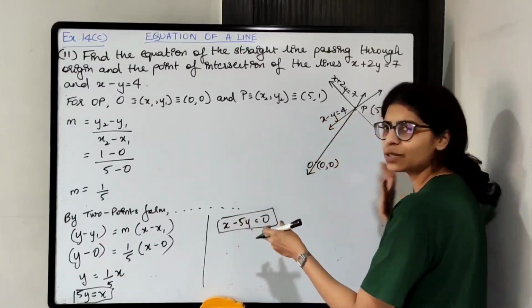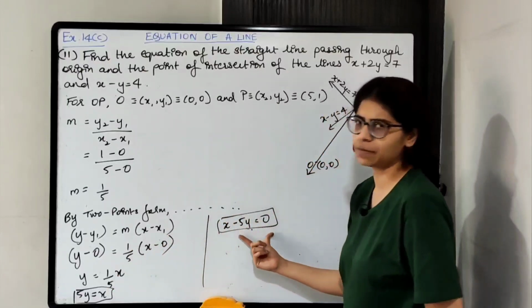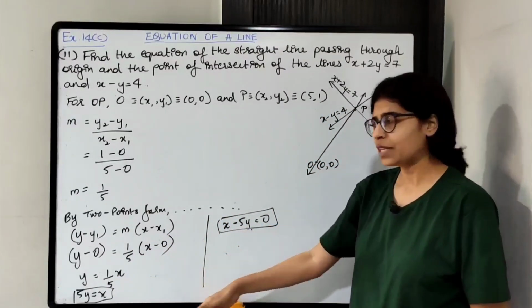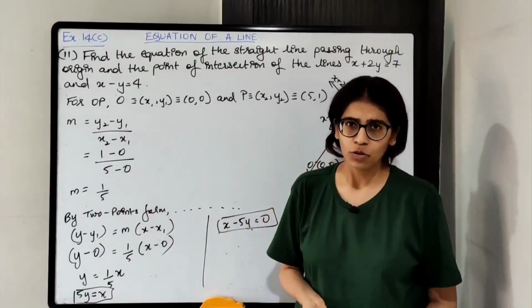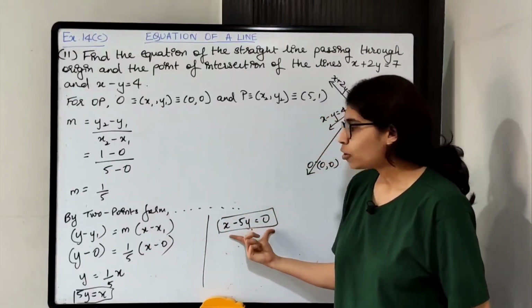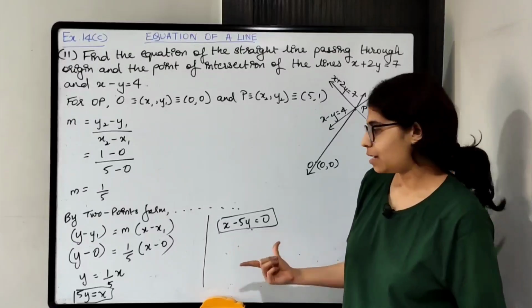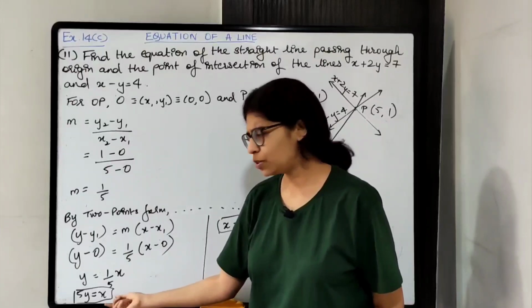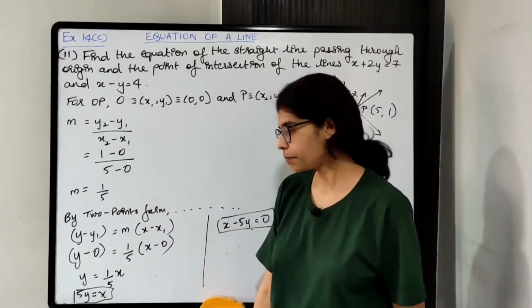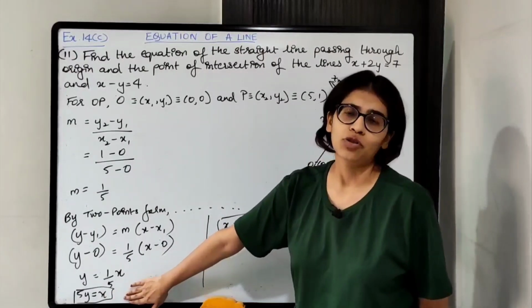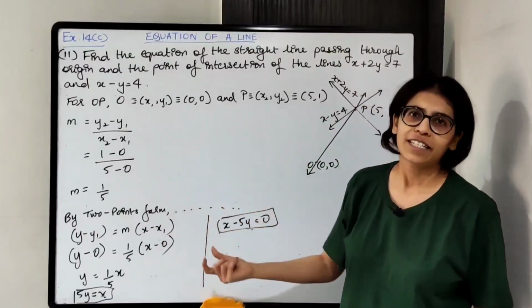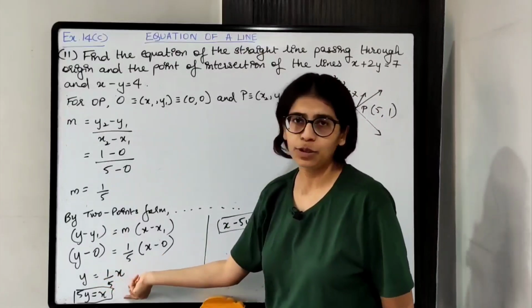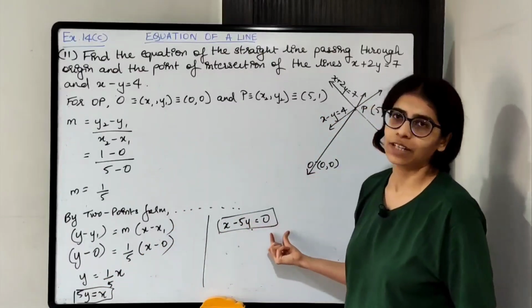So you can express the equation in any form. You can keep it this way or write it that way. Okay. Or 5y minus x equal to 0. Either way the equation is correct. Okay. So box the equation that you are getting, and depending on what you are considering as the equation, you can keep it as it is over here. So this is the equation of the line. Write down the final statement. The equation of the line OP is 5y equal to x or x minus 5y equal to 0.